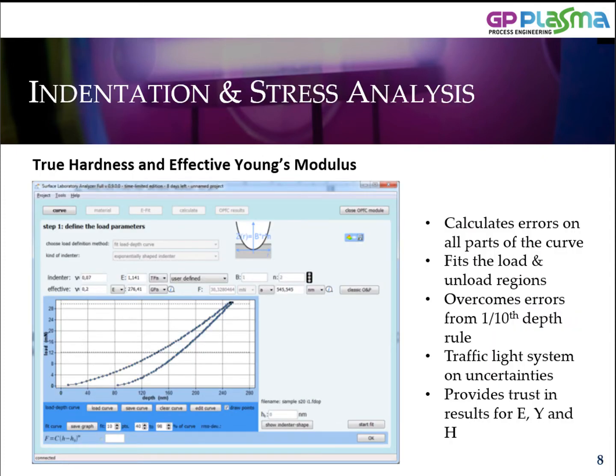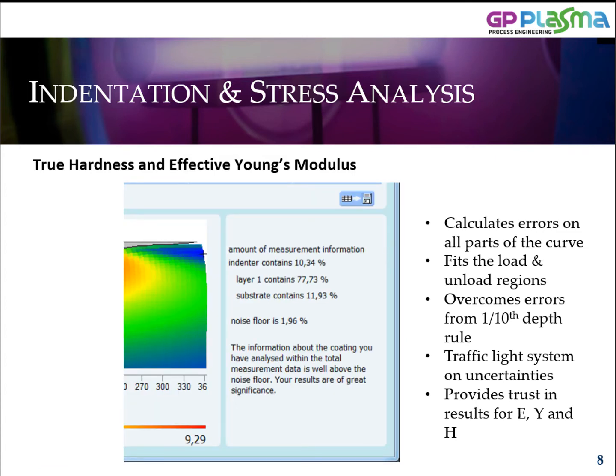The indentation module allows load depth curve analysis, and it fits those curves for both the loading and unloading portions to calculate all the errors. It even has a traffic light system that gives you an indication of how much information is contained within your coating layer or layers and how much is within the substrate versus the noise floor. So this gives you more confidence that you're getting the information you need from the region of interest. It provides more trust in getting those mechanical properties that you can then further use in simulation and optimization